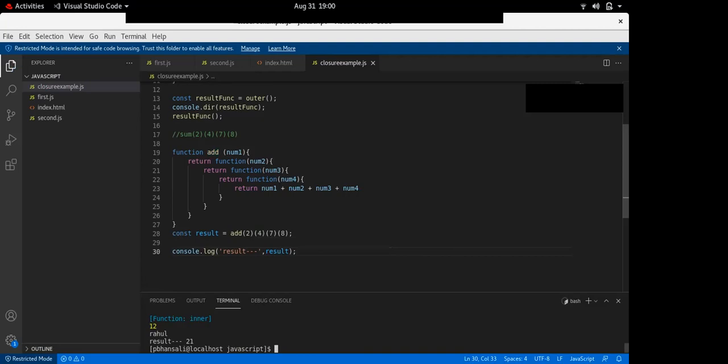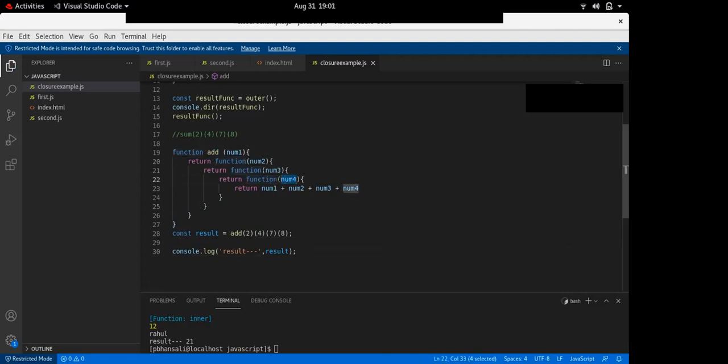So now where is closure used in this? In this whole, where is closure used? You can see in the last function how it is having access to num1, num2, num3. Num4 is the part of the last function, on line 22, so this function is having access to num4.